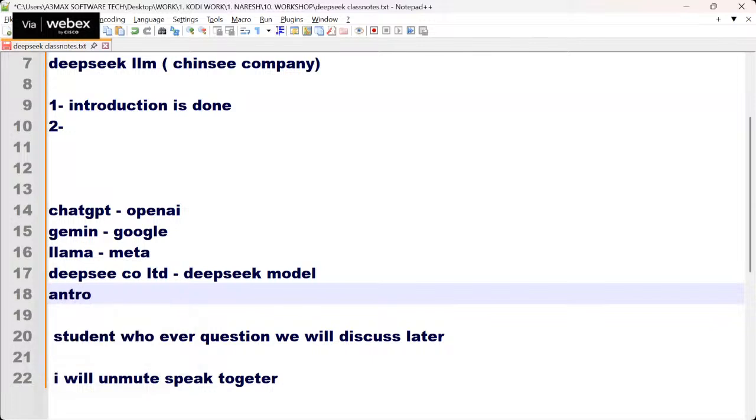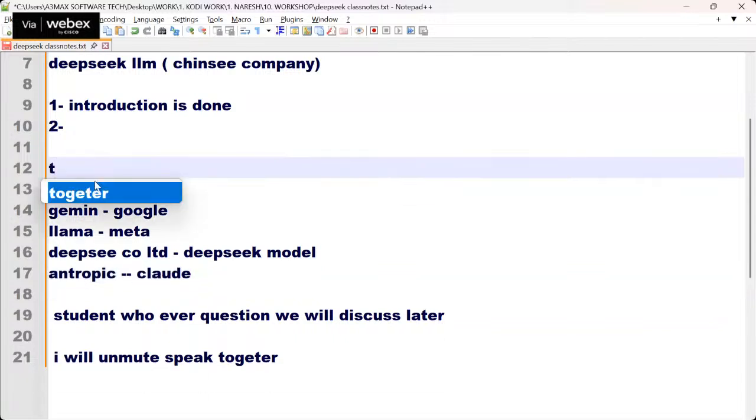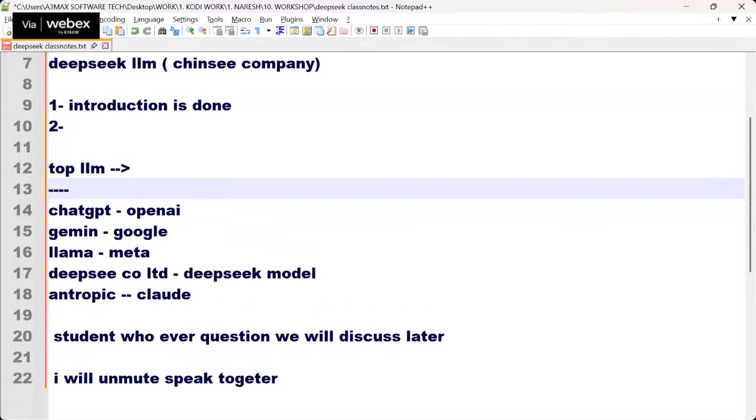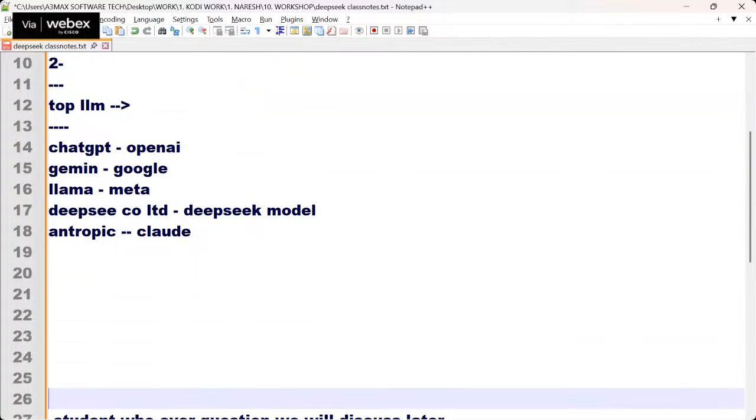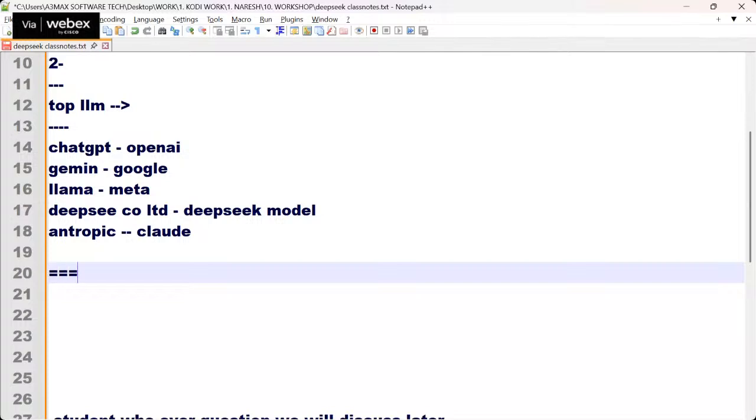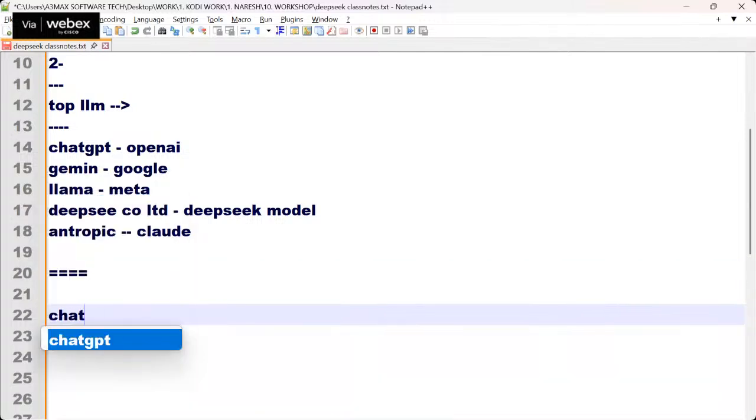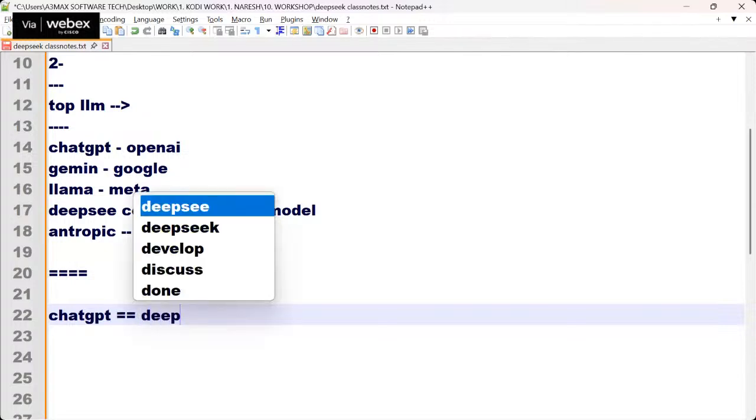So these are the top LLMs, guys. You know what ChatGPT does, guys? Your learning, your productivity, your work, everything is easy with the help of ChatGPT. In the same way, I could say ChatGPT is equal to DeepSeek.